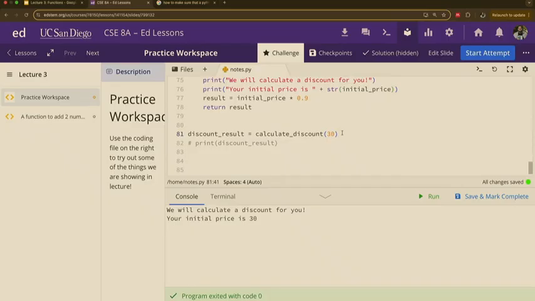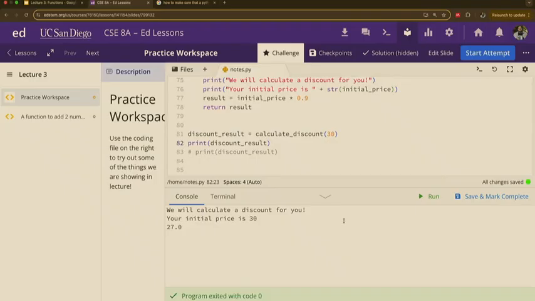And now, it's stored right here in this variable called discount result. So now if we want to see it, we could print, or sorry, first, let's run that. What happens? Nothing happens because we need to print out discount result. Okay? Here's our discount result. Let's run that. Boom. Now it says 27.